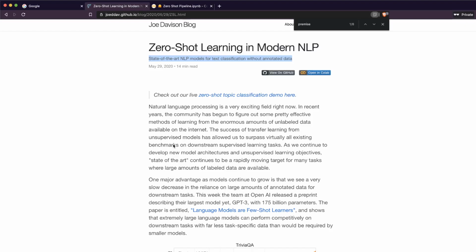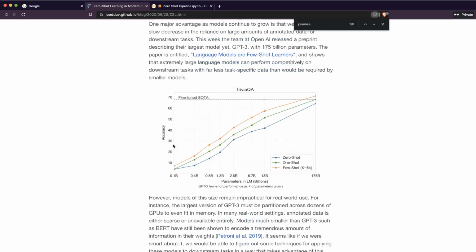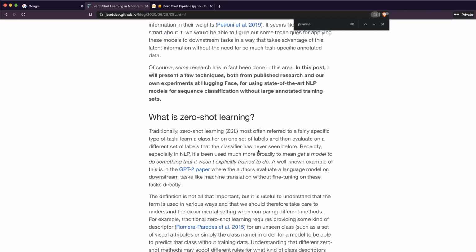For example, if you have built a model with a particular set of labeled data, but you use that model to classify or find out something that is not given in the label data, that is usually called zero shot learning. You can learn more about it here.